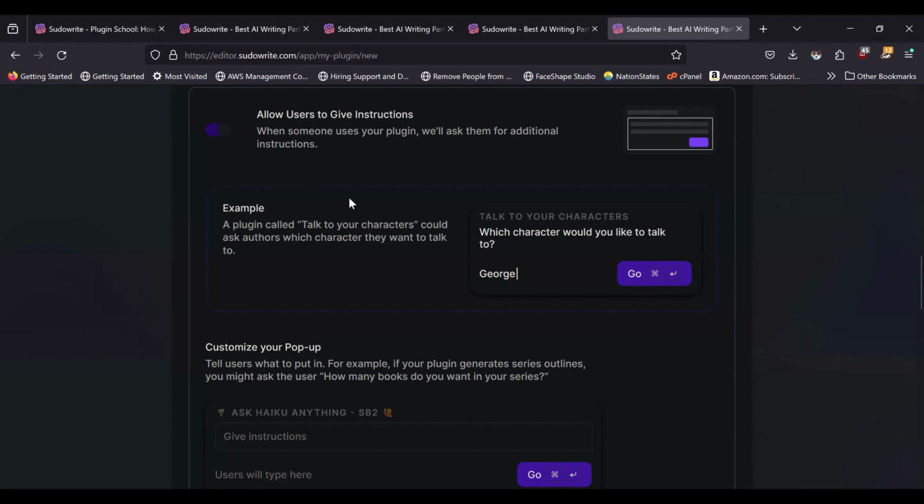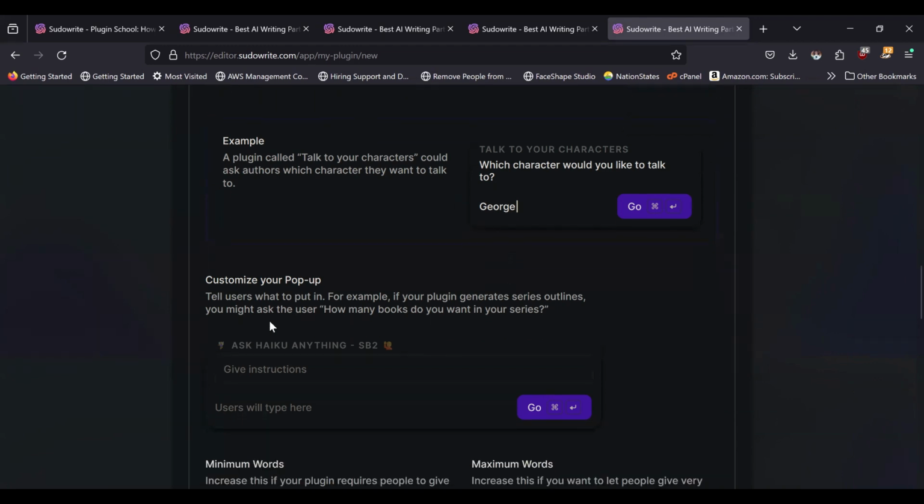But now, this will pop up a little window, and you can just have the user type their question into that little pop-up, allowing them to highlight the text they want it to look at instead of the question that they want to ask. So we also have to customize the pop-up, and